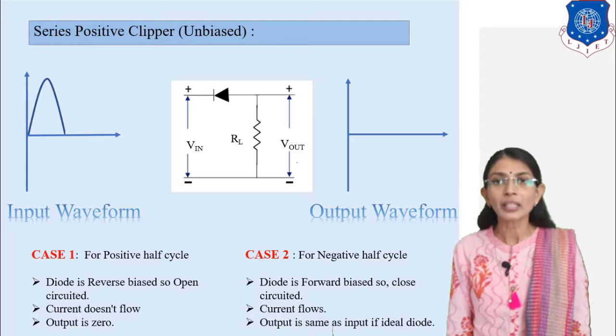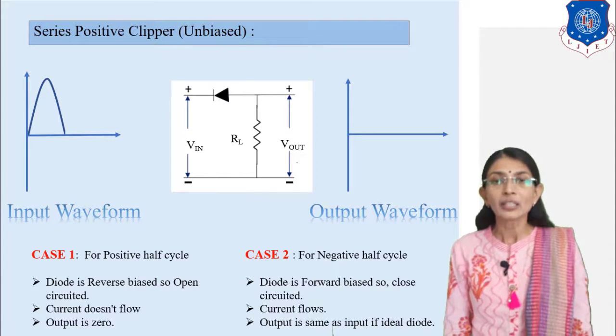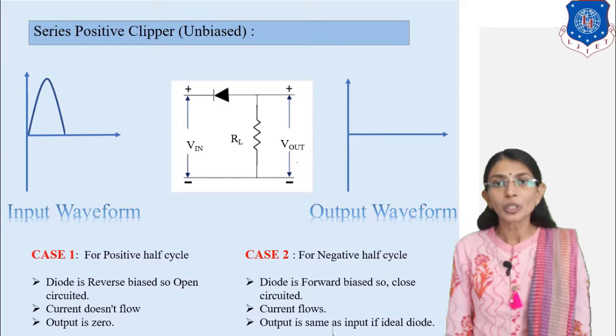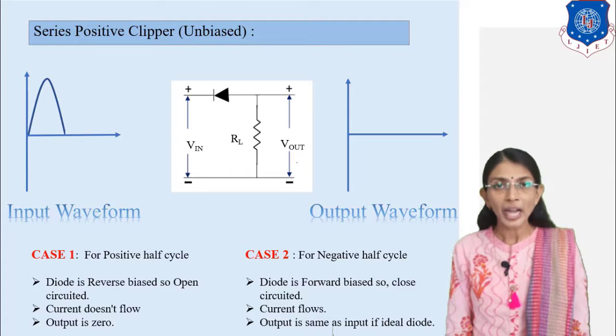That means it will look like an open circuit, so that current cannot flow through the open circuit. If the diode is connected in series with the input, the current cannot flow, and if current is not flowing, output current is 0. That's why VO equals 0, because as per Ohm's law, V equals IR. If I equals 0, I into R equals 0, and thus V output equals 0.